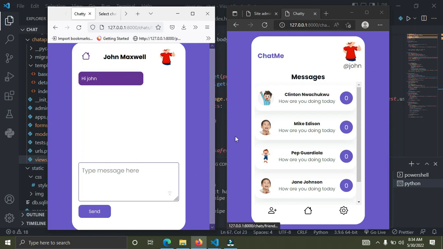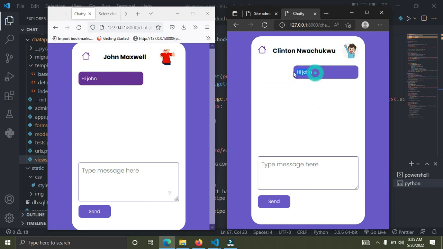Once I send John a message, John has not seen anything yet. John has received a message. You can see Clinton is a friend of John. Just click on Clinton here. You can see John received the message. So I'll simply send him one more. I'll say, how are you today? So send. It got sent. But on John's part, John has received the message, but he will only see it once he